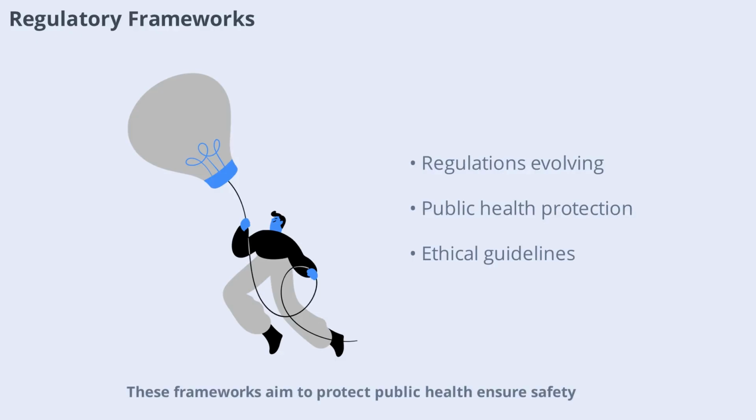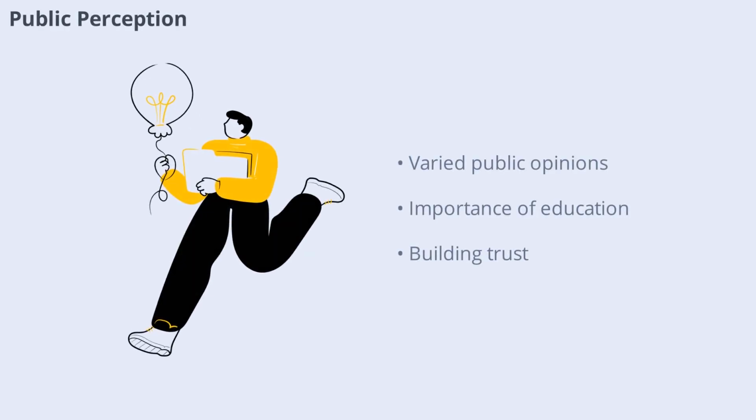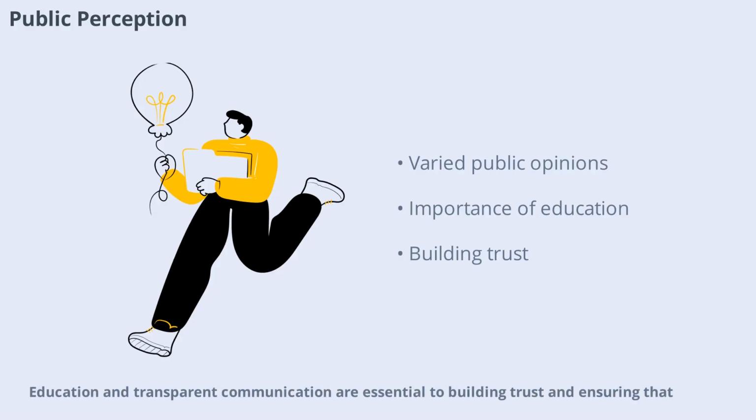These frameworks aim to protect public health, ensure safety, and address ethical concerns. The regulatory landscape is evolving alongside the technology, requiring ongoing dialogue and adaptation. Public perception of genomic editing varies widely. While many people are excited about the potential benefits, others are concerned about safety, ethics, and the unknowns. Education and transparent communication are essential to building trust and ensuring that society can make informed decisions about the use